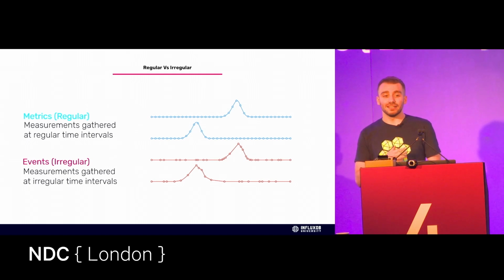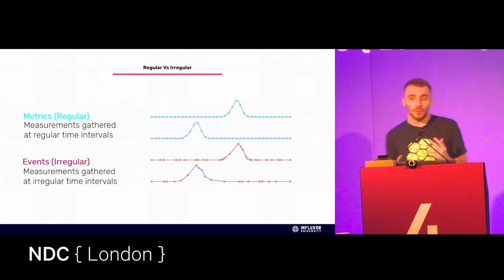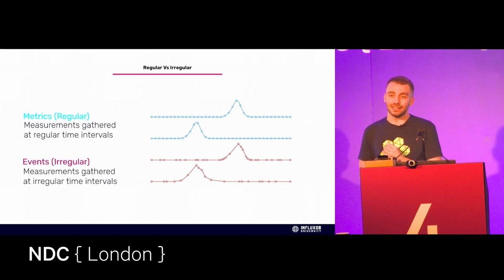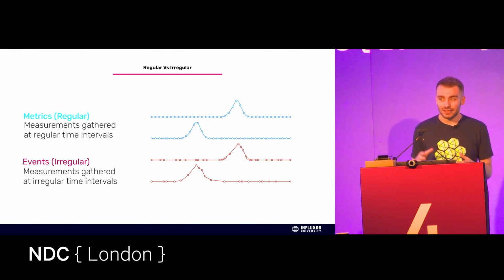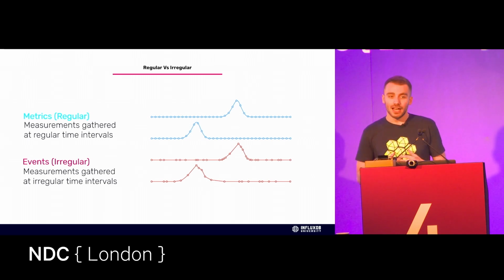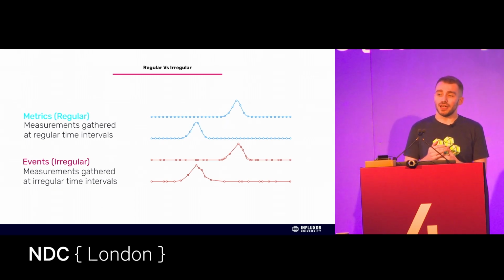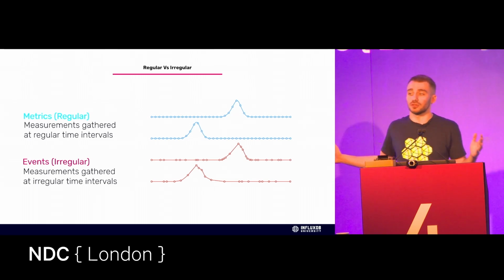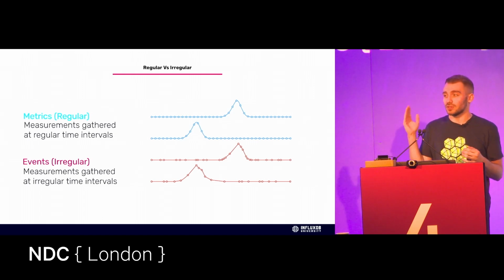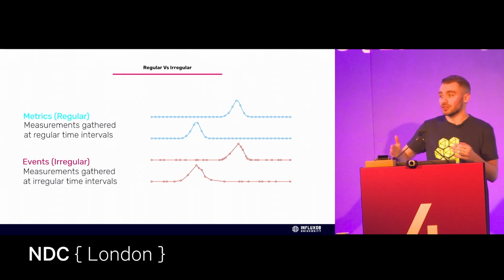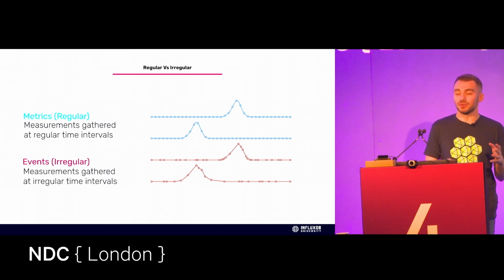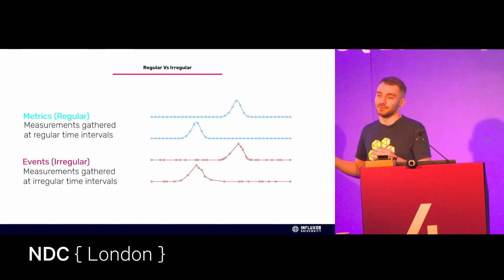The second is event data. This is when we actually cannot expect when we're going to receive that data. This is a little bit more interesting, and this is where a lot of people want to go with time series data. A great example here is, imagine I am a manufacturer and I have a bunch of machines on the shop floor, and I want to know when my machines are failing, and I want to store that data point each time my machines fail. I actually have no idea when those machines are going to fail, so that's considered event-based data.